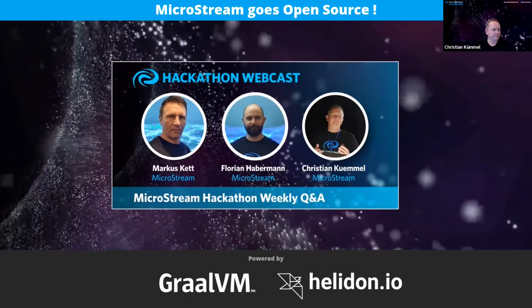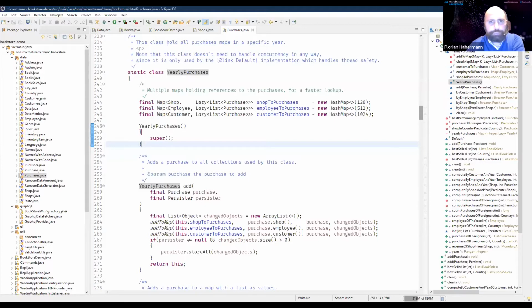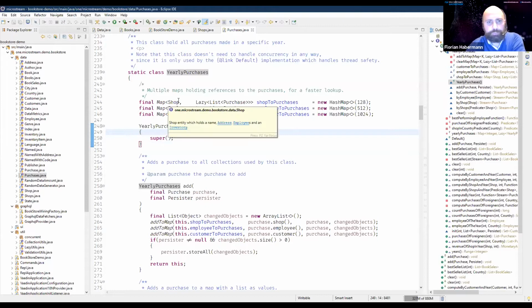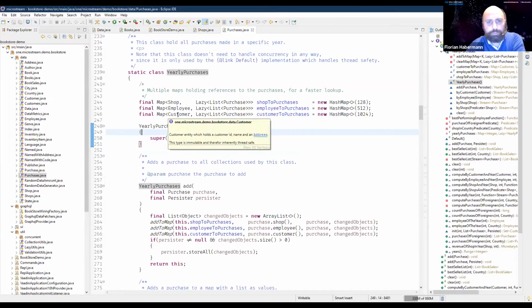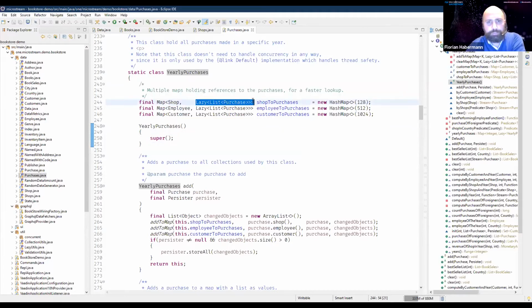It's nearly the same. Here in the purchases class, where all purchases are held, we have the yearly purchases, and there we have 3 maps. First map is indexed by shop, second one by employee, and the third one by customer. And the list is held lazily. So every time you browse through the purchases for a certain employee, for example, or for a certain customer, they are loaded once into memory and stay there later on.